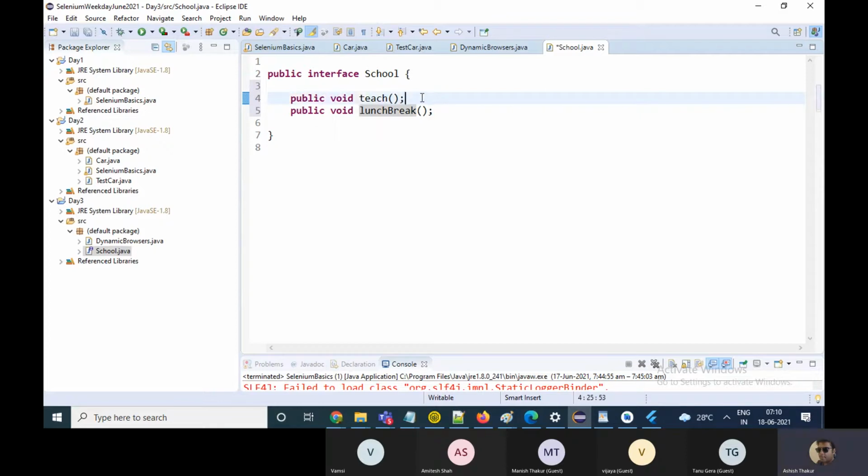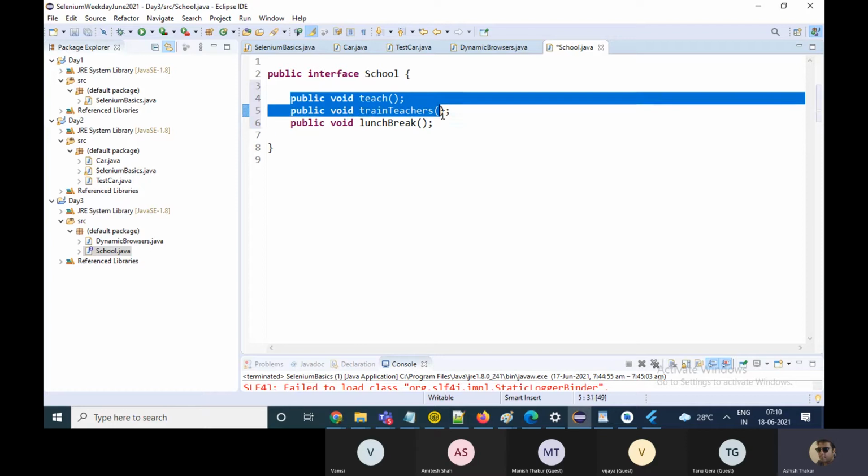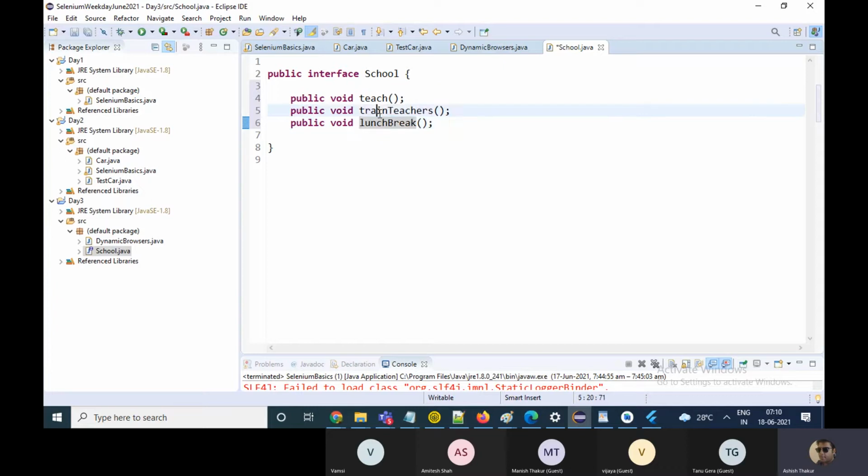So just by looking at these functions, you can come to know that fine, okay, this happens at a school, right? But you really are not sure how these will be implemented.